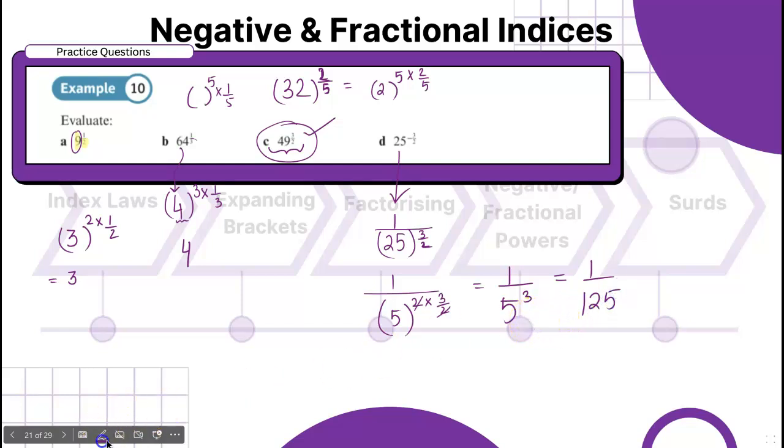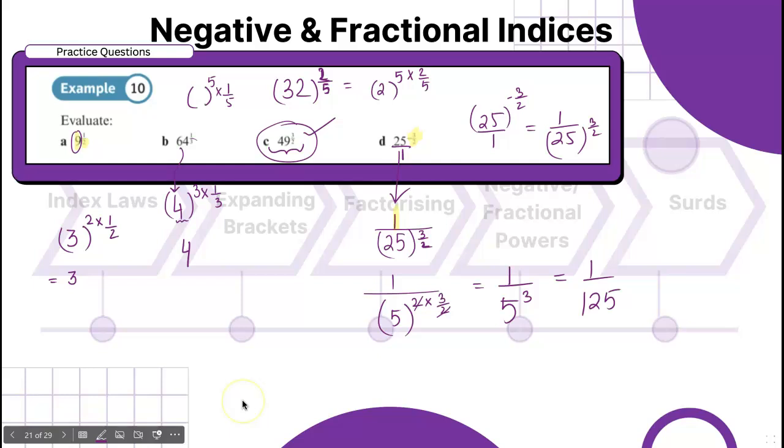Okay, right? So let's have a very quick look at what we did over here. It was a negative indices. We immediately did nothing but the reciprocal. So what we can do, we can just write it as 25 over 1. So flipping will be 1 over 25. Obviously, the indices you have to keep with you. This indices is actually driving you to find the reciprocal of that. And then it's simple.